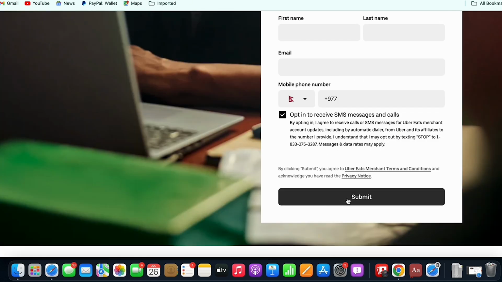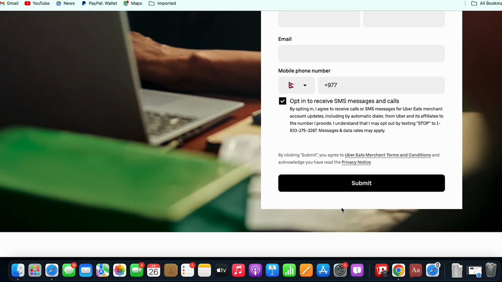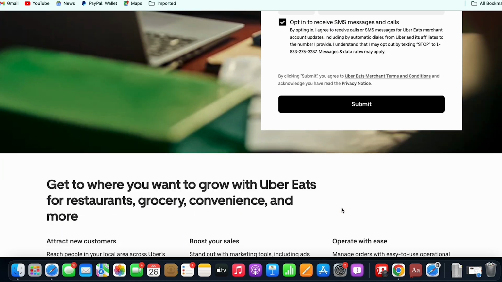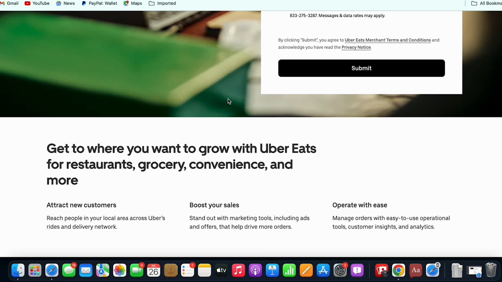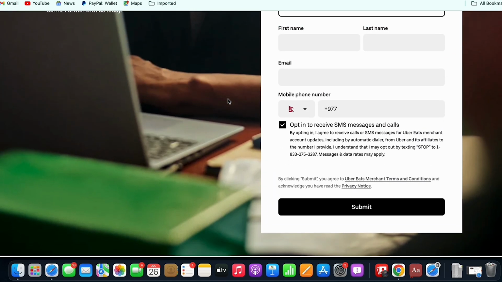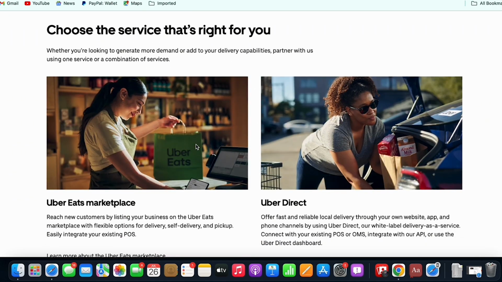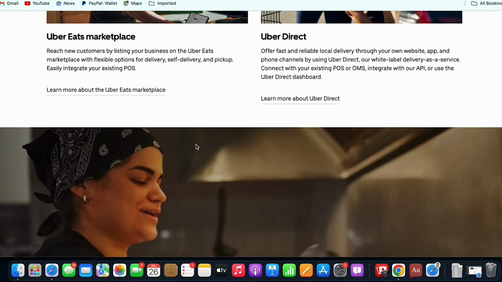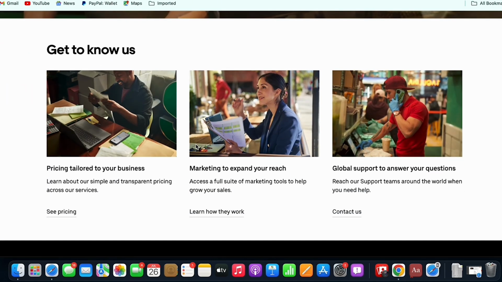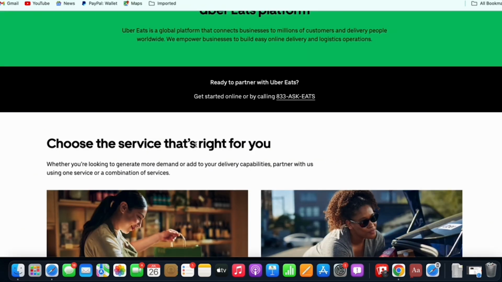In the next step, you need to upload your menu. The menu must have all the required information such as the type of food, food description, hygiene information, price, and other details. Make sure to use a high-resolution photo for each menu so users can easily understand the type of food you offer. Once you have uploaded the menu, you will be redirected to the dashboard, which you can personalize